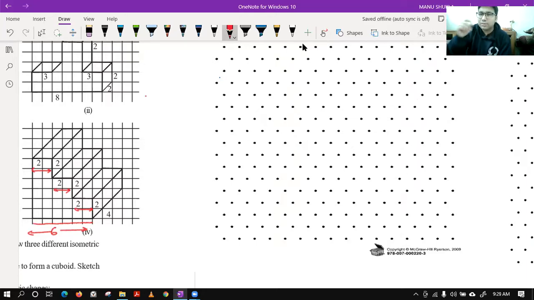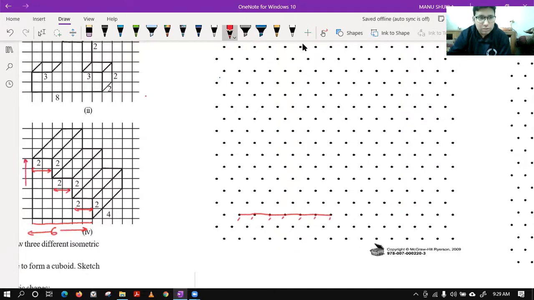Ekta, if you have to make 6 units, you have to take 7 dots. I have told you. Let's see on this one. Let me start from here. It will be going 1, 2, 3, 4, 5, 6. So you can see we have counted 1, 2, 3, 4, 5, 6, 7 dots. So we have taken 7 dots. Okay, you thought I was asking about the line. Fine, good.